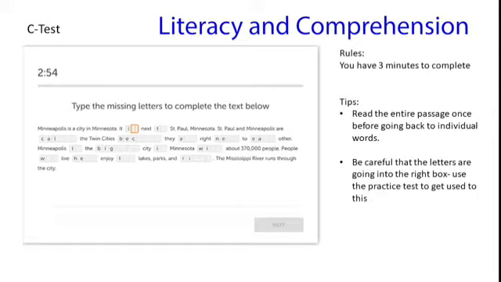As you read, you can type in what you think the words are. Then go back and try again. Be careful that the letters are going into the correct box. Use the practice test to get used to doing this because it is quite tricky and it is a learning